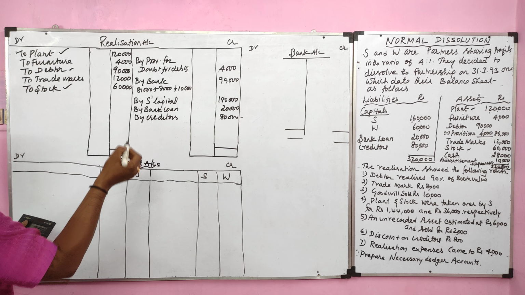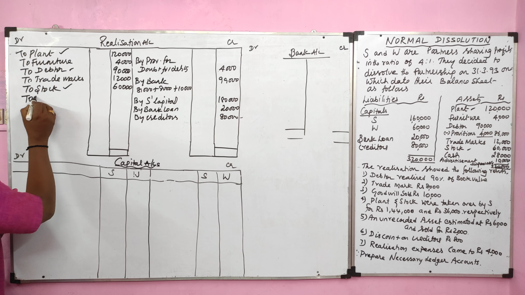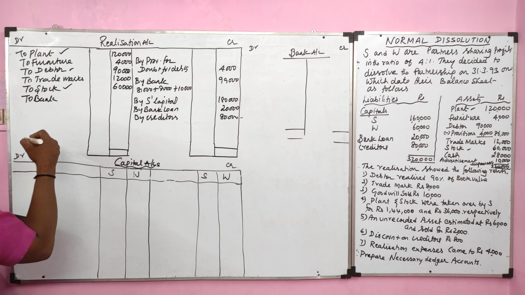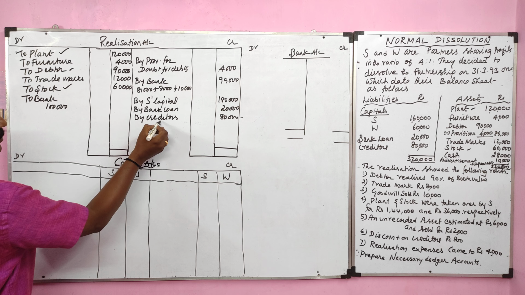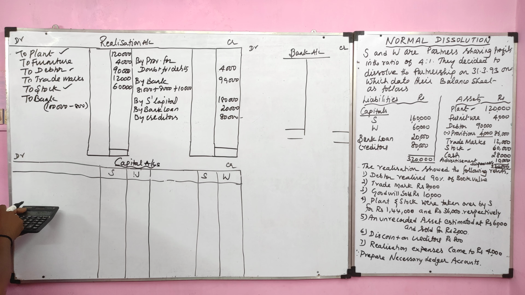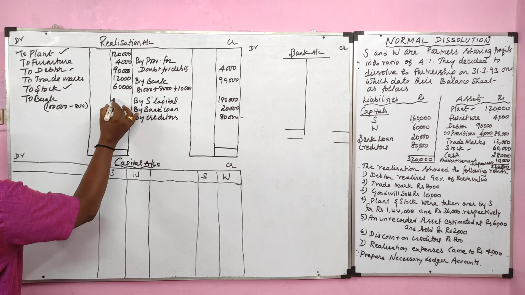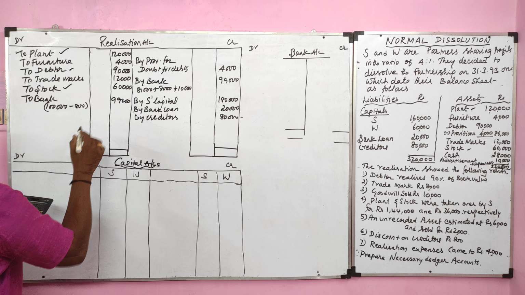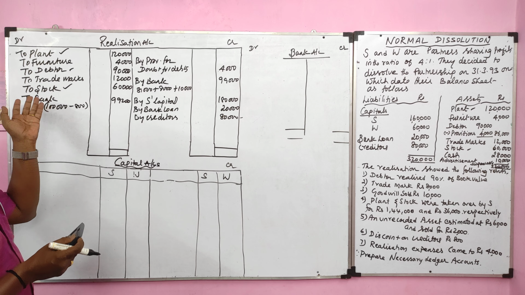Now we should make payment to the external liability. The entry is realization account debit to bank. The total value of external liability is 1 lakh, on which 800 rupees discount is allowed on creditor. So the balance amount is 1 lakh minus 800. So the total amount payable to external liability is 99,200. So external liabilities are transferred to the realization account and external liabilities are settled.